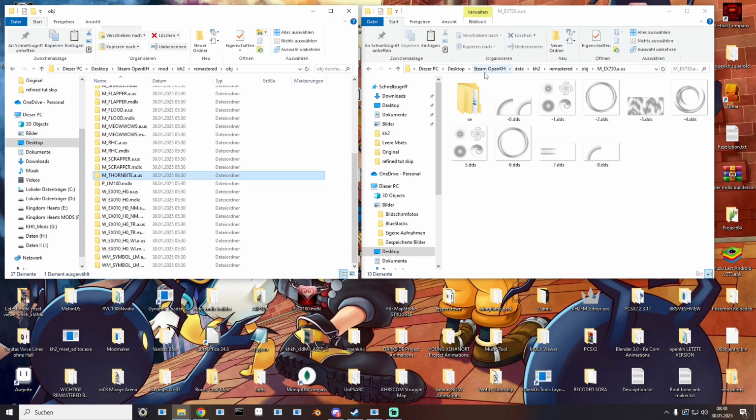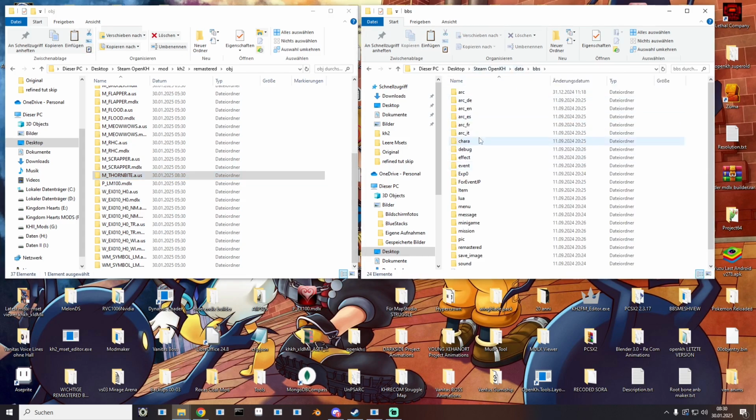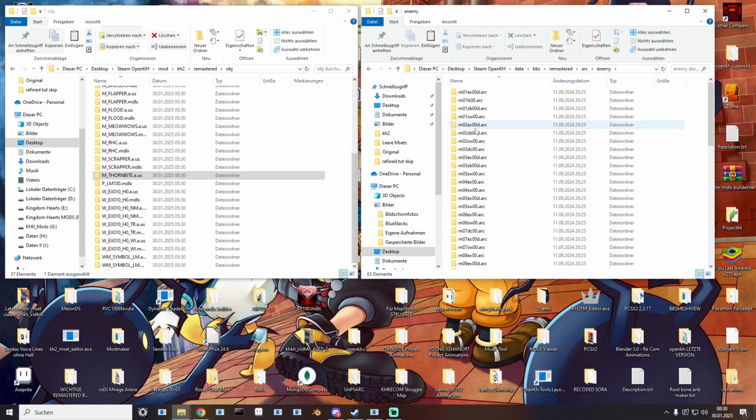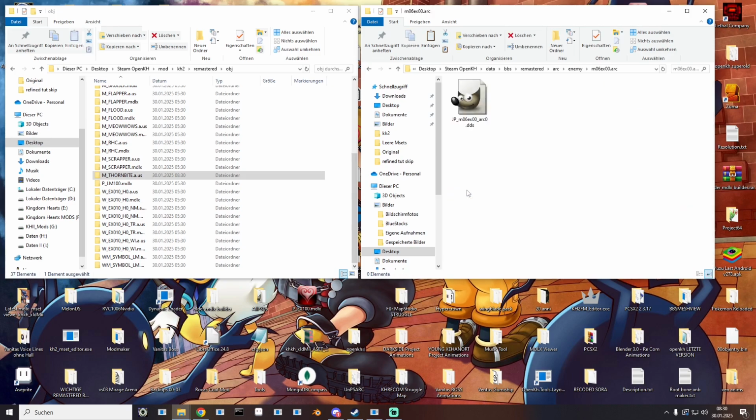Boom. Then we are going back to data, but this time we need an extracted copy of Birth by Sleep, then remastered. Then going for arc, enemy, and looking for our Hornbyte enemy, which is this one here. This is the original texture of that enemy, but I will change that later with something else,